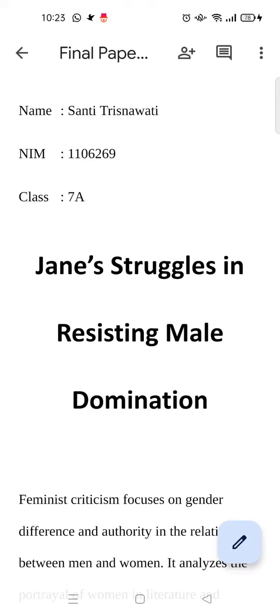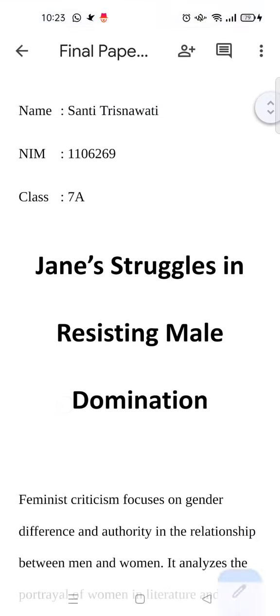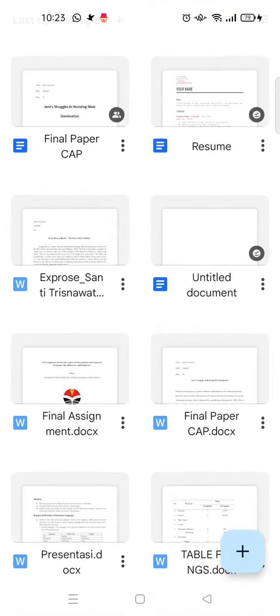On today's video, I'm going to show you how to add a page in Google Docs. So here I'm using Google Docs on my mobile, so it's a little bit different when you use it on a computer or laptop. So here at the Google Docs,